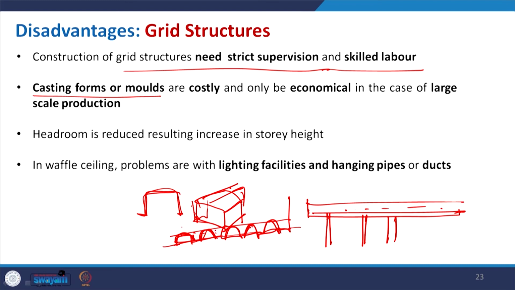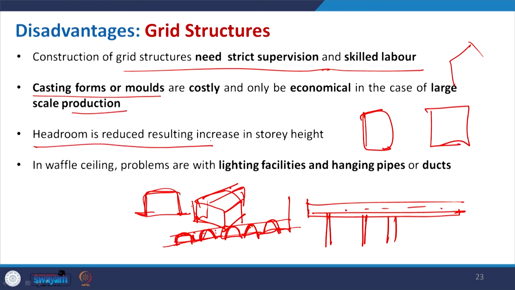Now, this is a very costly item because it has to be customized depending on the size of the grid, and depending on whether you need a very sharp finish, or something rectangular, or sometimes something hexagonal or diagonal, like a triangle or maybe a hexagon. So, you have to customize it. Then it will not be economical unless it has large production. So, for a large number of uses, if the mold will have repetitive use, then it will be economical.